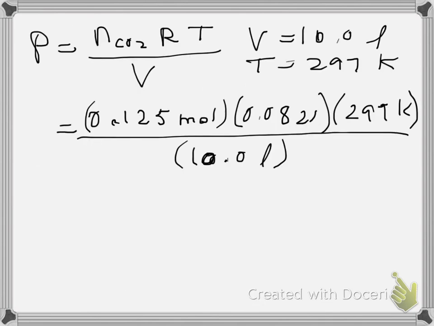Alright, so solving for pressure with the ideal gas law, I've got moles of carbon dioxide equal to 0.125 moles. So if I multiply 0.125 times 0.0821 times 297 divided by 10, I get 0.305